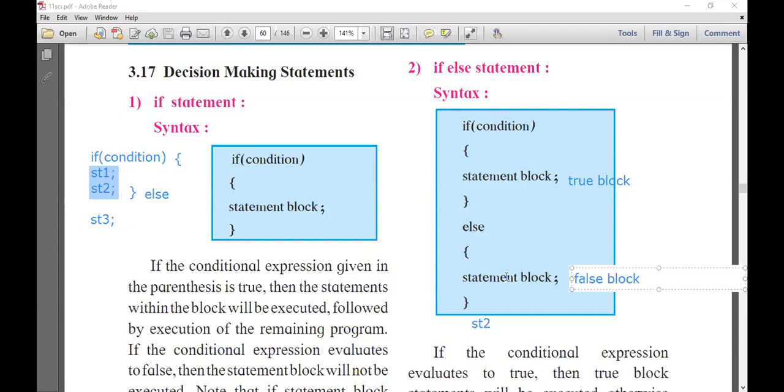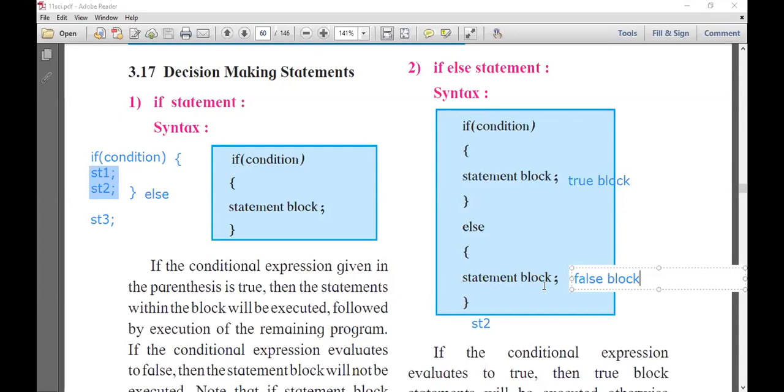Why is this block called the false block? Because only when the condition evaluates to false will this block execute. If the condition evaluates to true, then the true block will execute. So always keep in mind that if the condition evaluates to true, the first part will execute, and if it evaluates to false, the next part will execute.